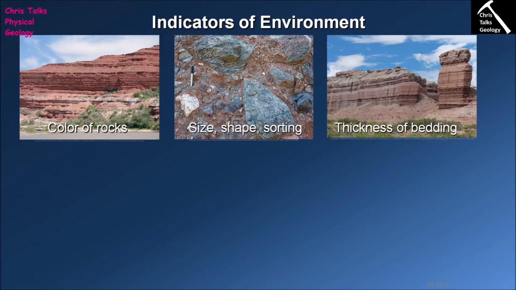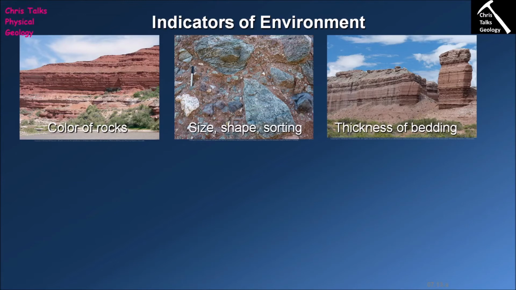In contrast, when we have environments where the accumulation of sediment is very, very slow, what we'll get are very, very thin layers. So we'll get laminations. Remember, any bed that's less than 1 centimetre in width is referred to as a lamination. And so as a geologist, we will look at the bed thickness because it will give us some idea about how active the environment was,